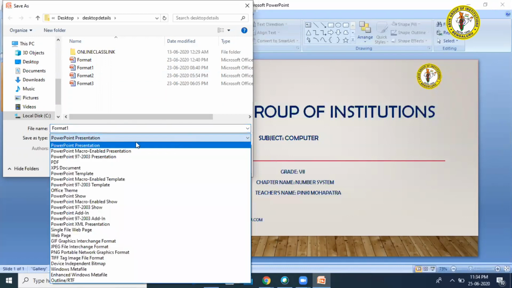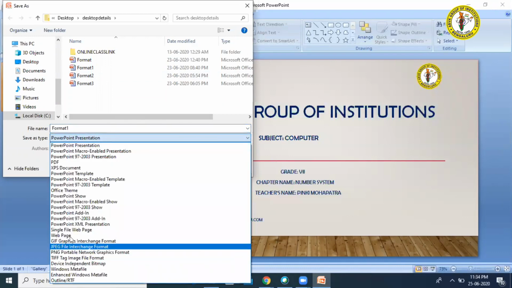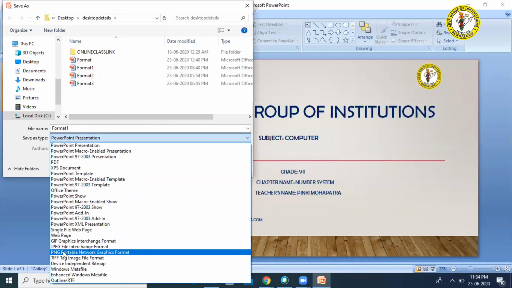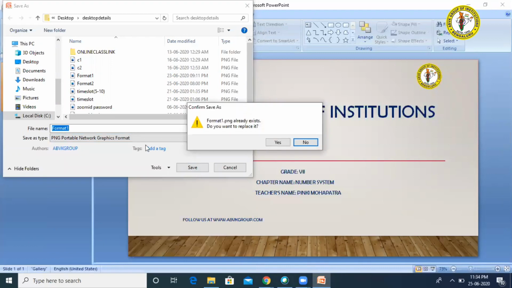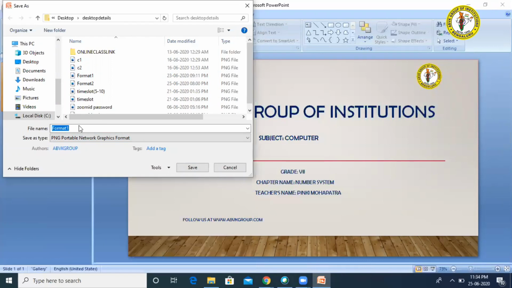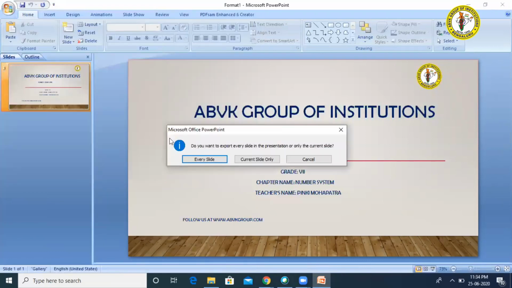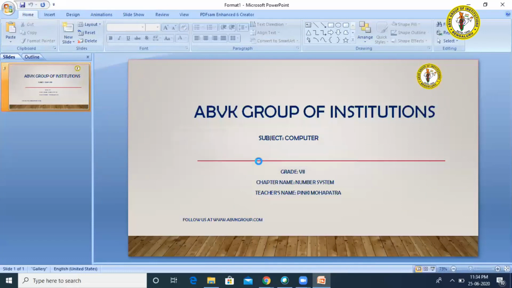From here you choose the option PNG, Portable Network Graphics format. Click there, then click on save. Now this file is going to be converted into a PNG format. You have to click on current slide only.